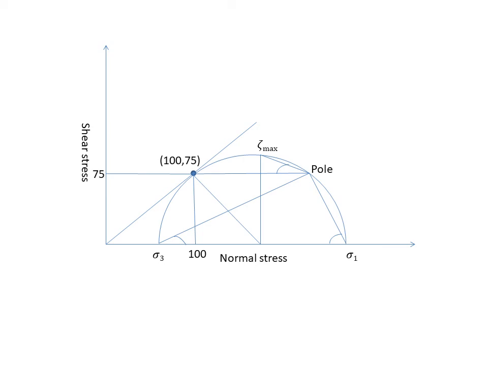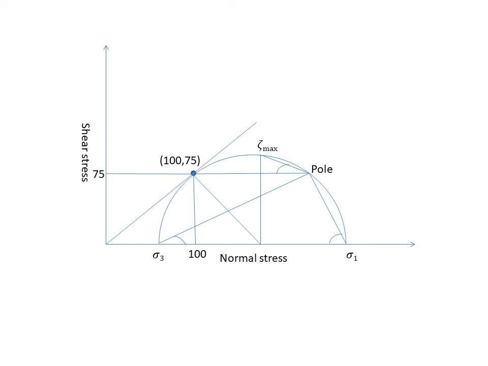Now, if the question mentions to determine the angle of internal friction, which is represented by phi, what will be the angle of internal friction? The inclination of this line, your inclined line's inclination, will give you the angle of internal friction. In this question it is not mentioned. I'll modify the question. When you are doing it as an assignment, you have to report the value of angle of internal friction also. This inclination is your angle of internal friction.